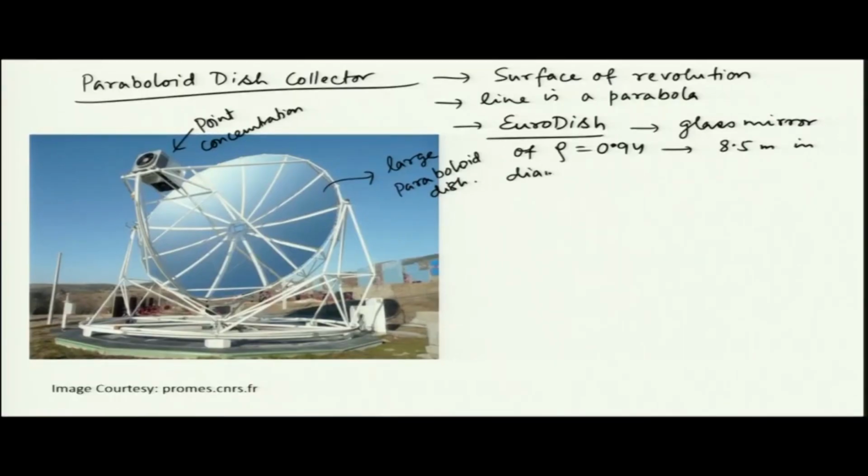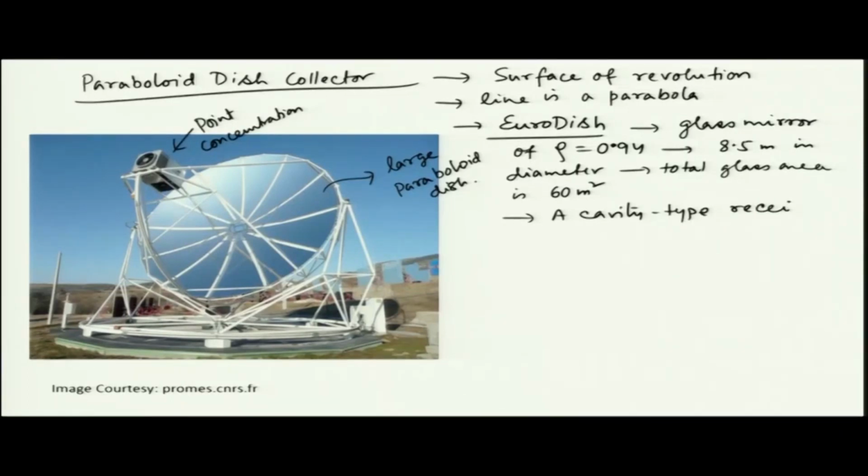You can imagine that it is a big paraboloid, and the total glass area is 60 meter square. And we have a cavity type receiver here. What we mean by that we will see in a few minutes,